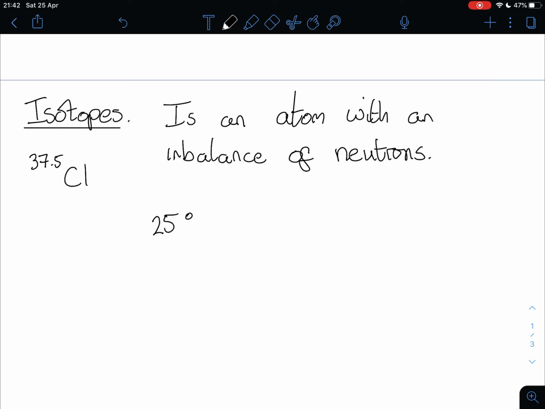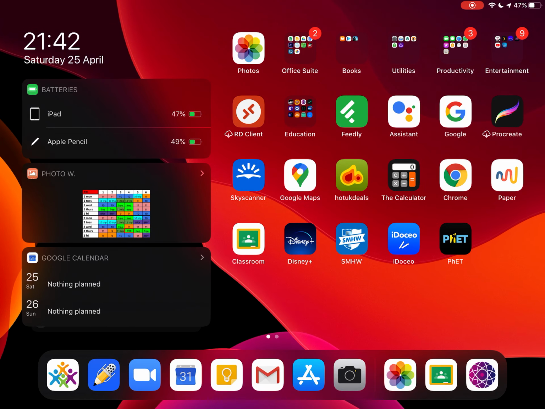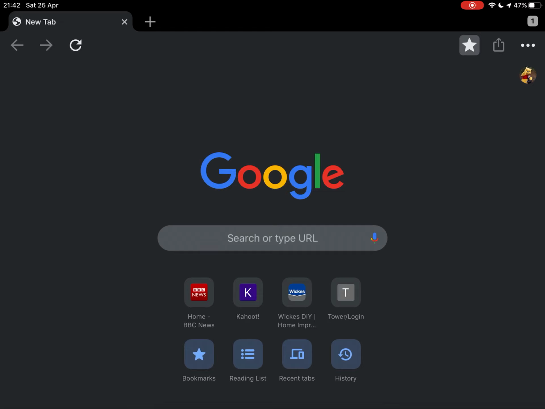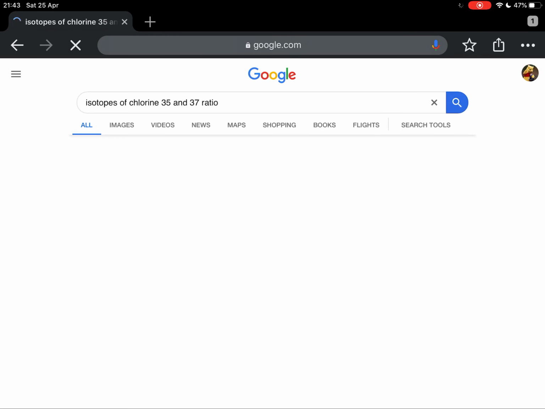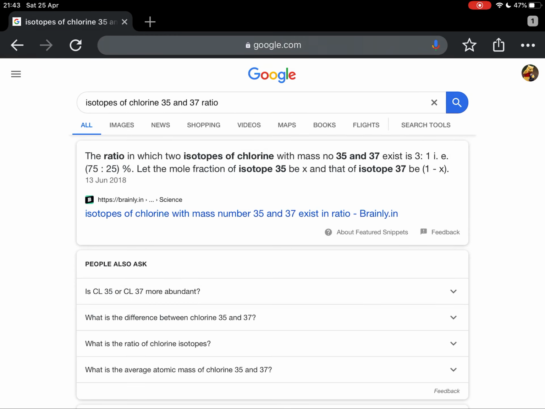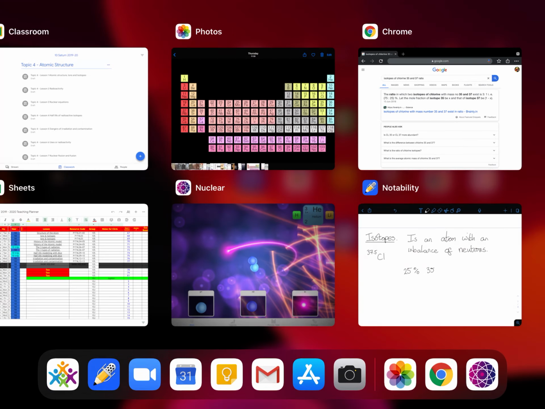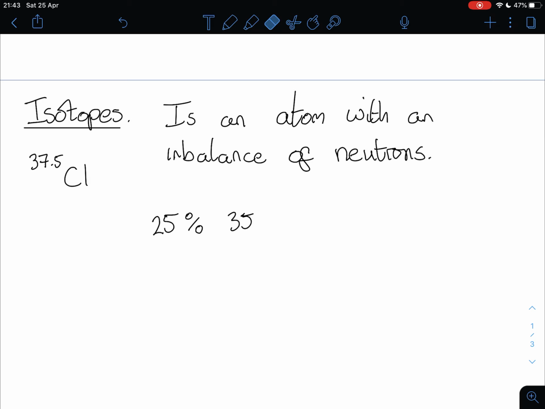25% of chlorine, I'm going from memory here and I'm getting it wrong, is 36, let me look it up. Isotopes of chlorine. I'm rusty. I've spelled isotopes wrong as well. Of chlorine. 35 and 37. So it's 35.5. It's coming back to me now. 75. There we go. So it's 35.5. There we go. So we have 75%